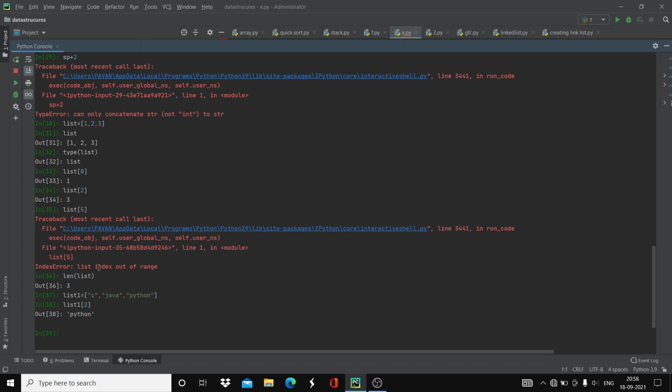Now we can also declare a list inside a list. For example, when you see matrices, you can declare a single matrix, or a two-dimensional matrix, or a three-dimensional matrix. In the same way, you can declare lists also. For example, say you want to declare two lists inside this one. Now list is equal to, for example, in this list you have 1, comma 2, comma 3.